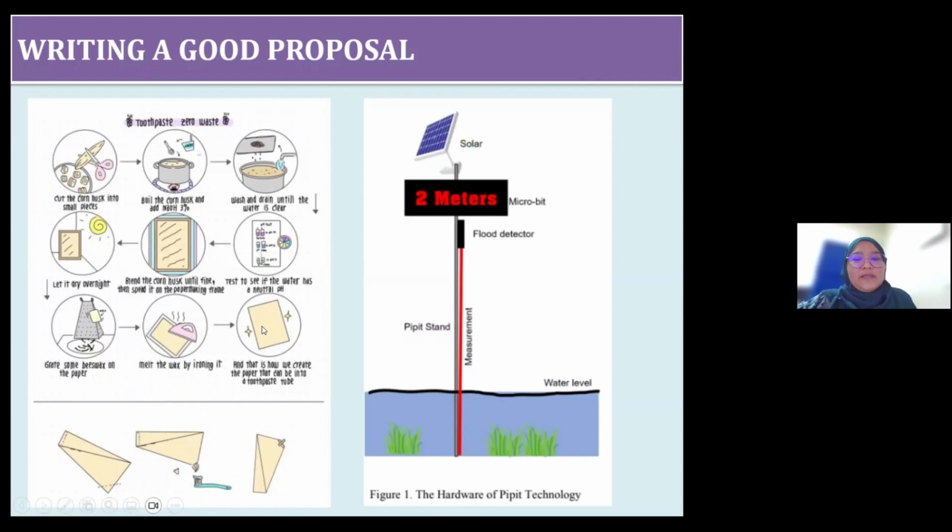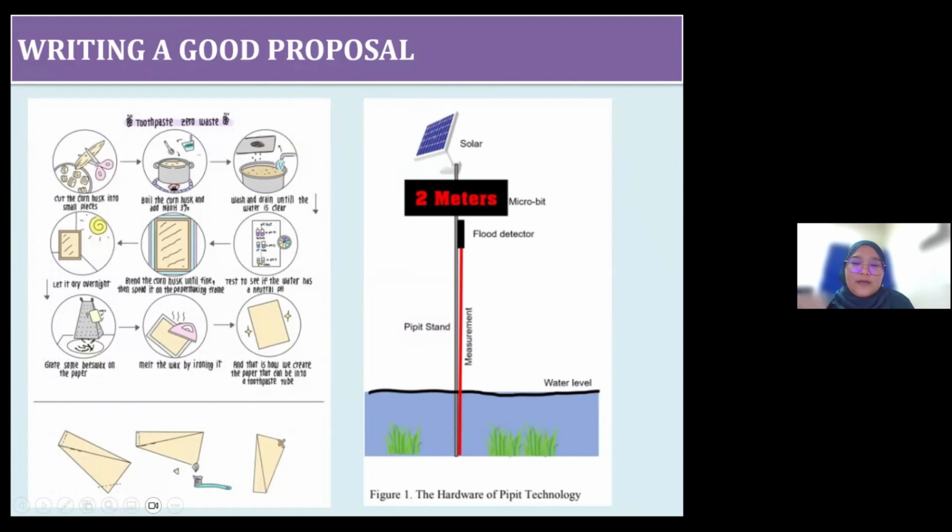Looking at those figures or diagrams, okay, the next figure shows hardware or people technology. They are showing us their innovation or product together with descriptions or labels to show what it is, for example here showing us the solar. Then looking here, 2 meters, very descriptive, shows the measurement of the product or innovation they are going to propose to us, the length, for example. Looking at that, it's a flood detector.